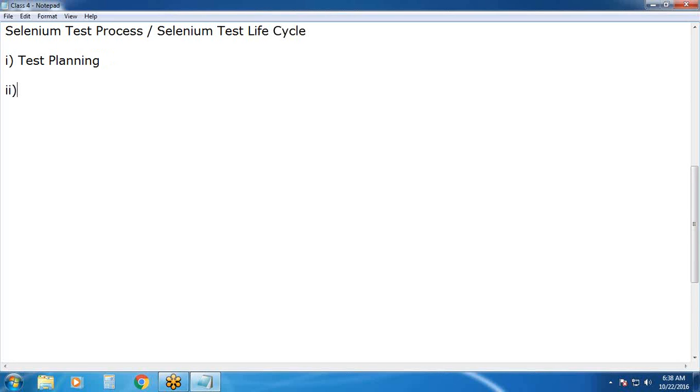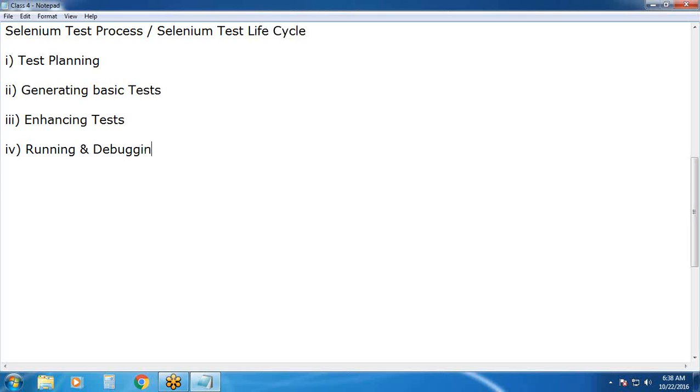Next phase, generating basic tests, plain navigation. Next, enhancing tests or test cases. Next, running and debugging. Debugging is optional, only for some test cases. Debugging tests. Next, last one,